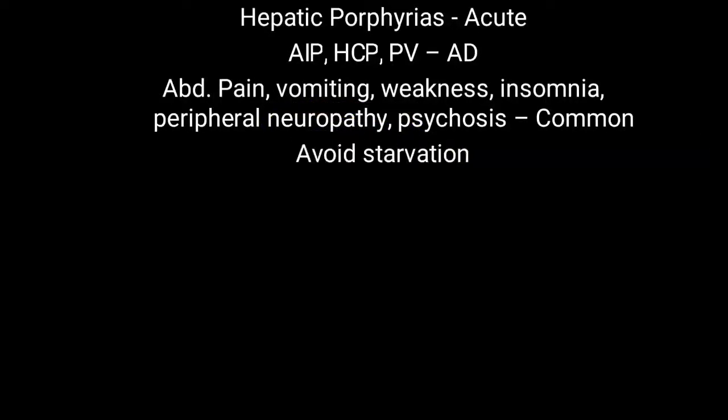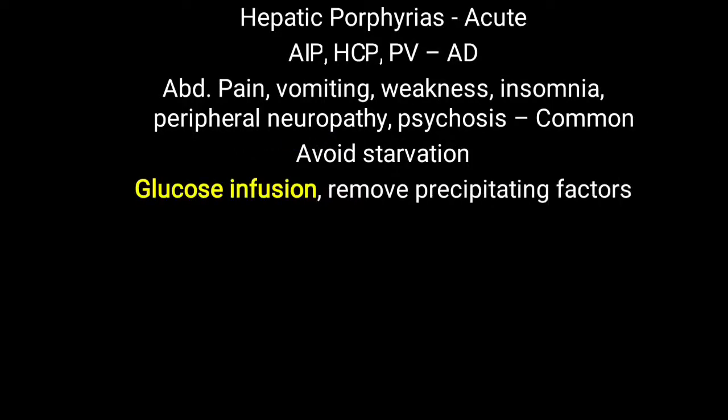You have to take care to avoid starvation, because starvation leads to the precipitation of an attack of porphyria. Acute intermittent porphyria attacks are generally activated when there is starvation. So you have to advise the patient to avoid starvation and avoid decreasing glucose level. If glucose is given immediately, meaning glucose infusion, that will give relief of all the symptoms. So that is one of the managements of this porphyria. You have to take care of starvation that leads to a precipitating attack. If you provide glucose, that will help to relieve the most commonly seen symptoms,